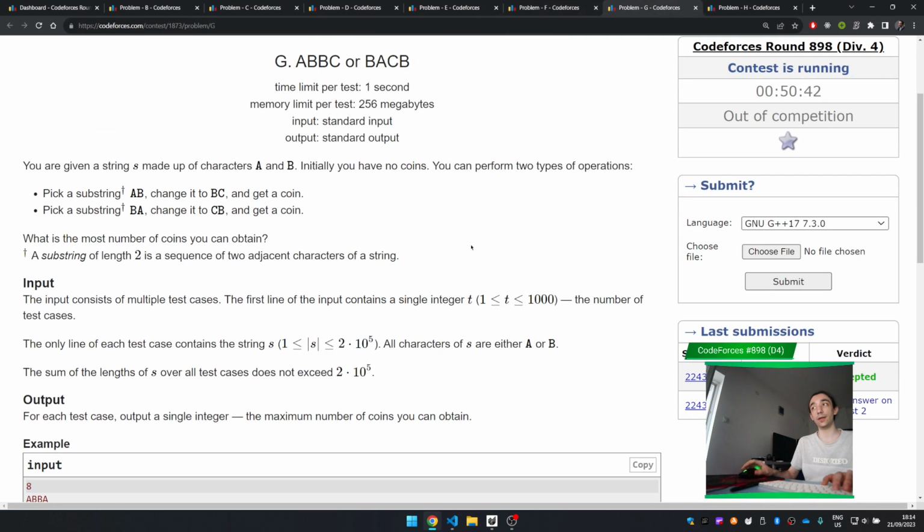That's problem F. And problem G. Problem G is just seeing that for each operation you take away one A from the string. So you convert one A,